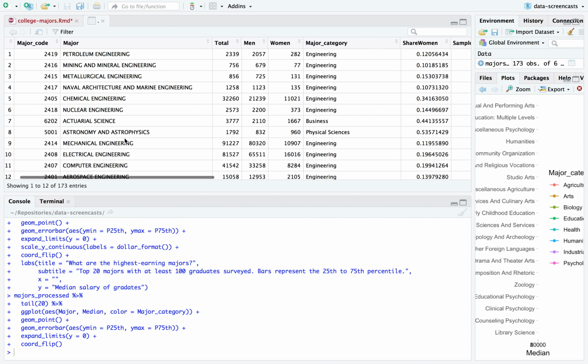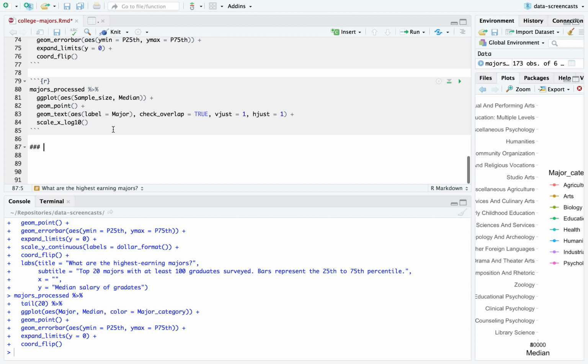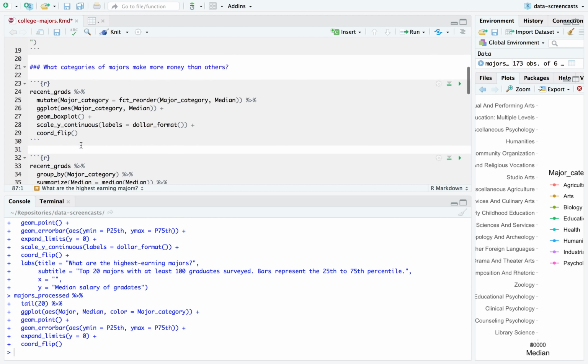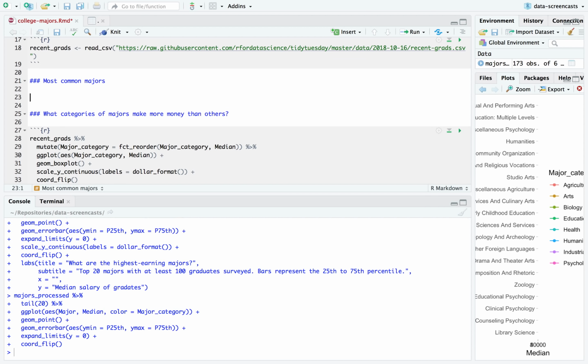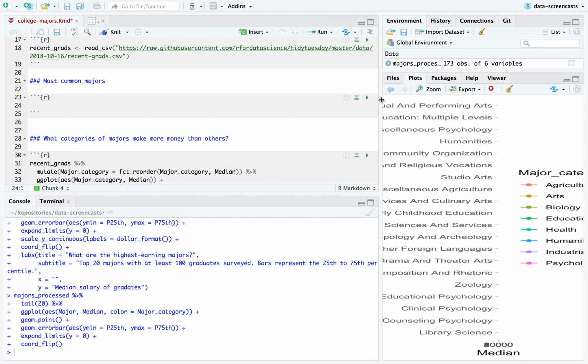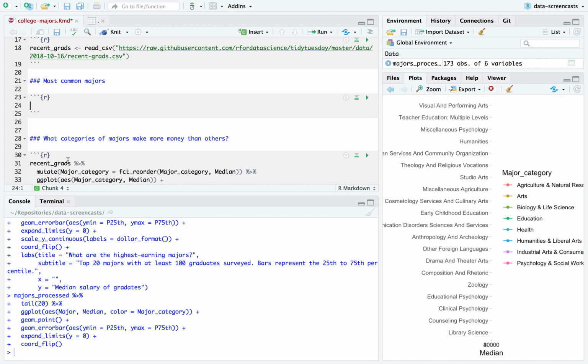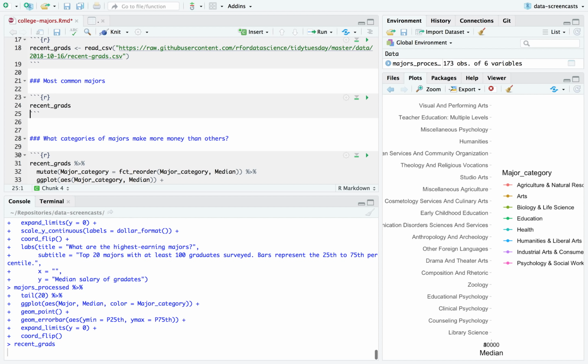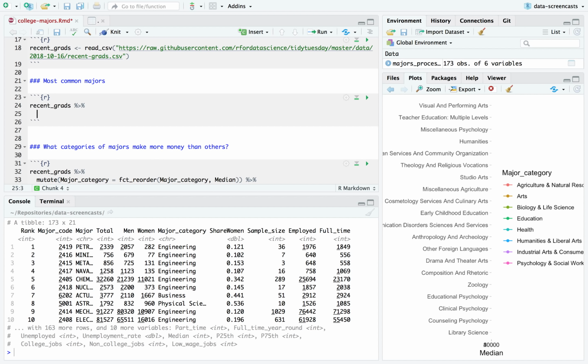I'm going to mention, I'm going to start with most common majors. I sometimes do my analysis out of order. I'm going to go back to something that is more of an introductory topic, which is most common majors, and show how we can get some interesting details out of that. I'm going to look at recent grads. And I'm going to say, yes, most common majors and most common categories are two separate questions. So first I'm going to start with most common categories, because that's the level that most people understand in engineering